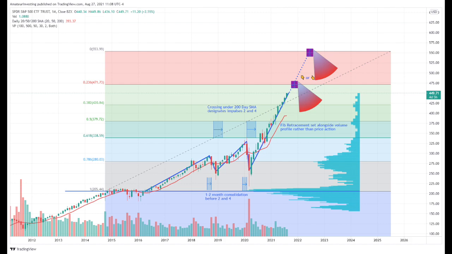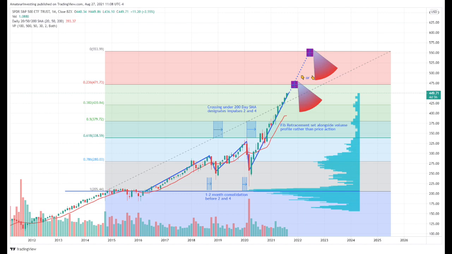I pulled up the SPY chart on the 1-month time frame on TradingView, just like Roman did. And I used what's called a market profile, or a volume profile, or a market profiler, or a volume profiler. It depends who you ask. Basically, the way it works is it shows where the highest levels of volume were at a certain trading period. And I noticed that if you take the Fibonacci lines, and instead of lining them up with price action, you line them up with volume, it matches almost perfectly.